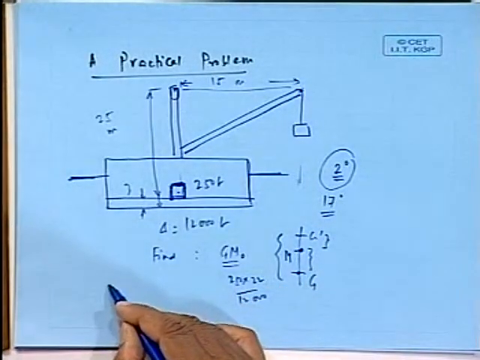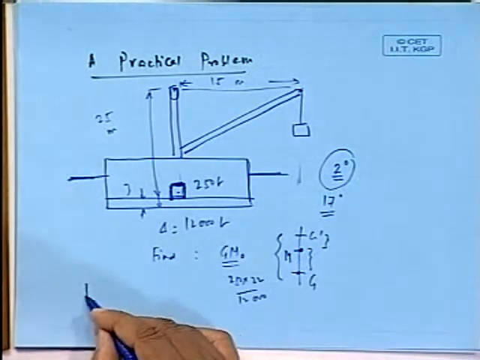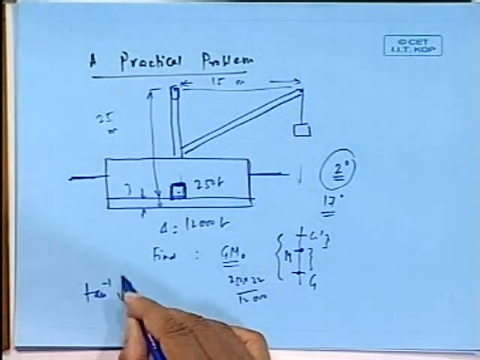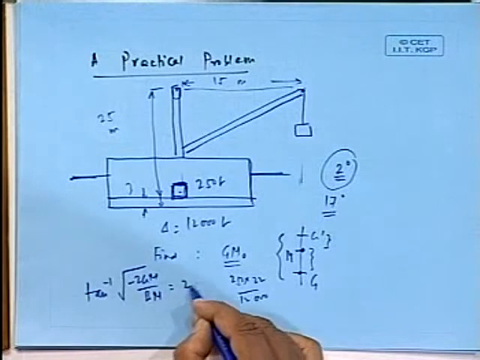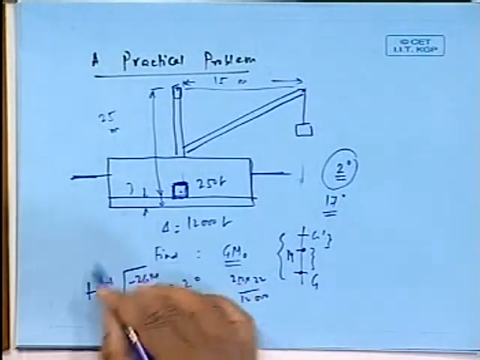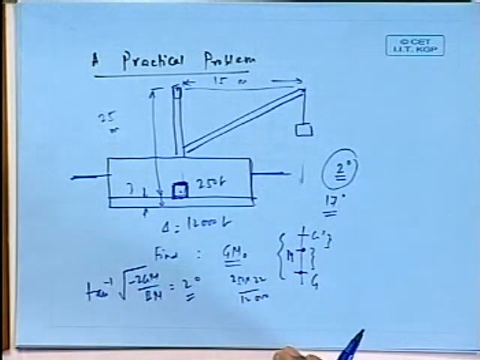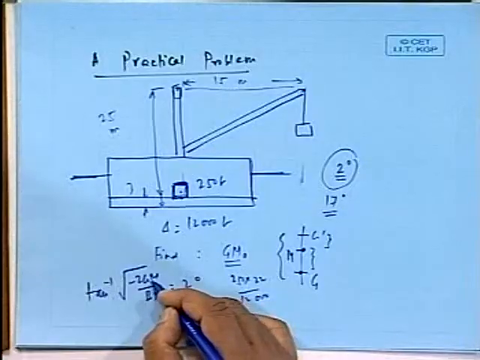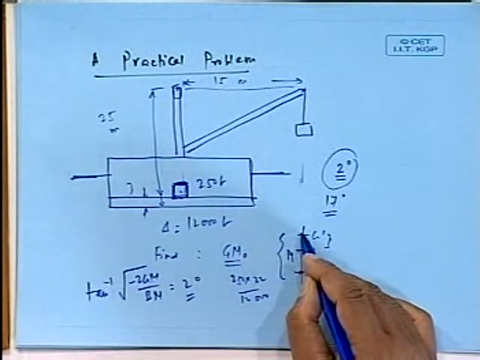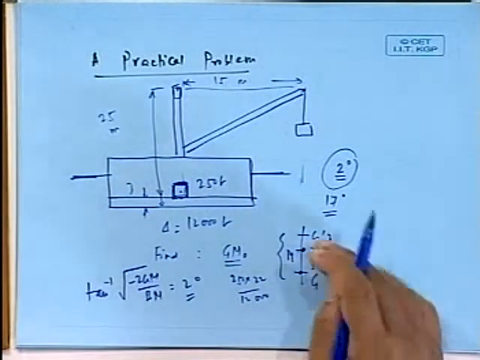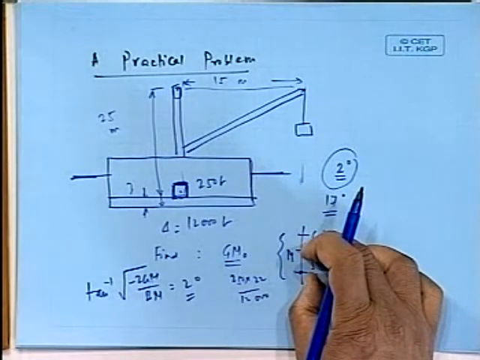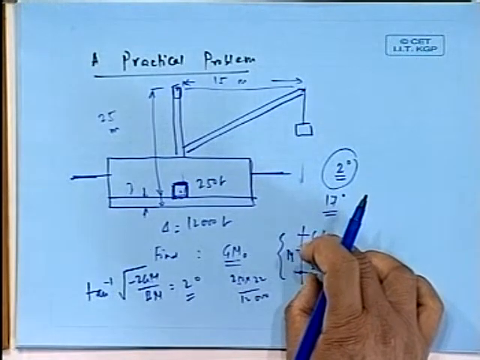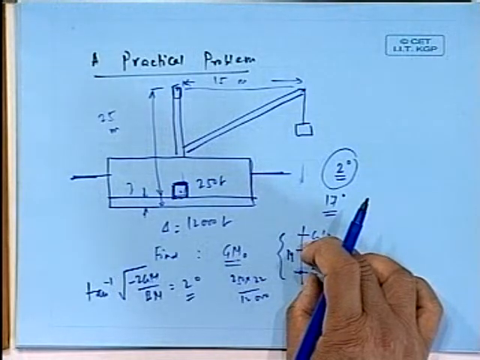Now that has caused a negative GM. By that angle of loll formula, we have tan inverse of minus 2 GM by BM is 2 degree. You can get one relation between GM and BM. We don't know GM yet, I have to find it out. This GM is this new GM here, that is old GM, that original GM minus GG dash, or GG dash minus original GM. Okay, that is step 1.